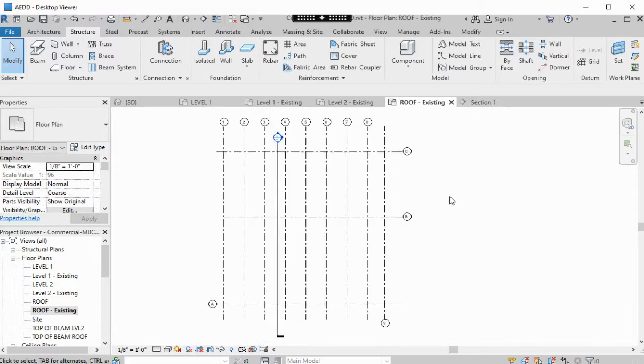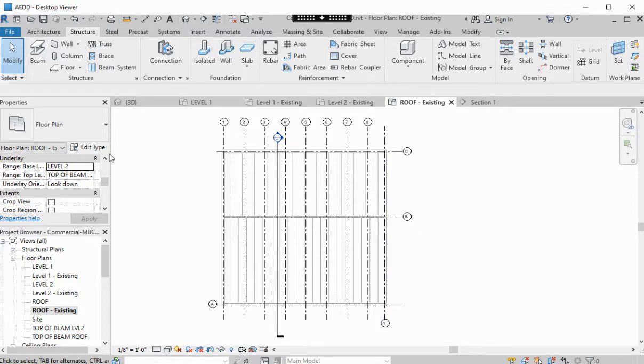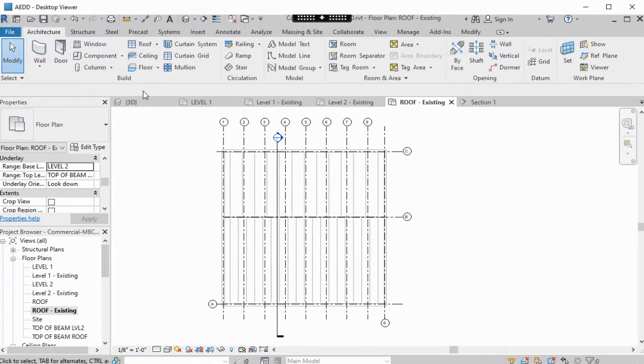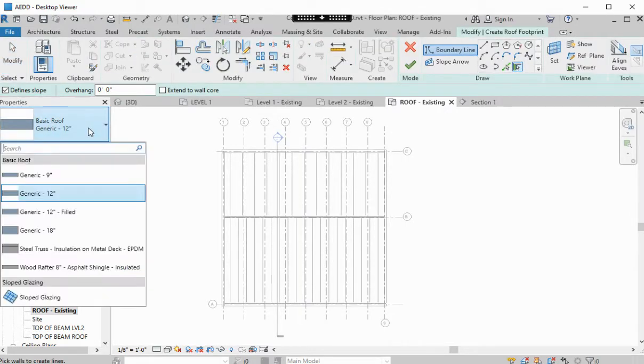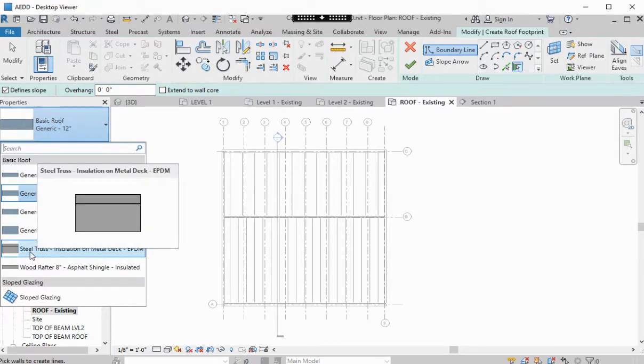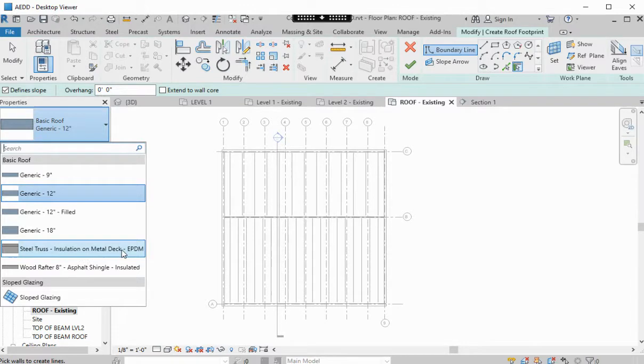So we're going to go to Roof Existing, and I'm going to use the Underlay tool so that I can see what's going on. So I'm going to go to Level 2 Underlay and apply it so I can see my wall system. And under Architecture, we're going to create a roof, and it is going to be a flat roof. So you're looking for the one that's steel truss insulation on metal deck, EPDM, but we're going to get rid of the steel truss insulation because we already have the steel trusses in here, so we don't need to add that. We're just going to be changing this to just insulation on metal deck